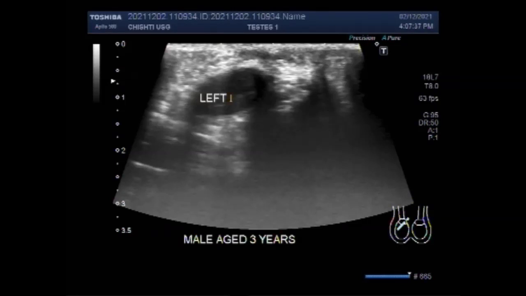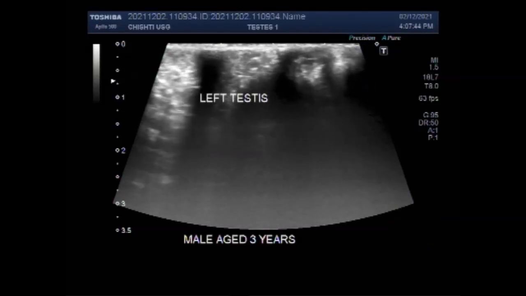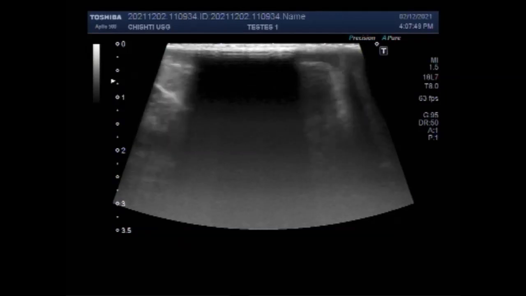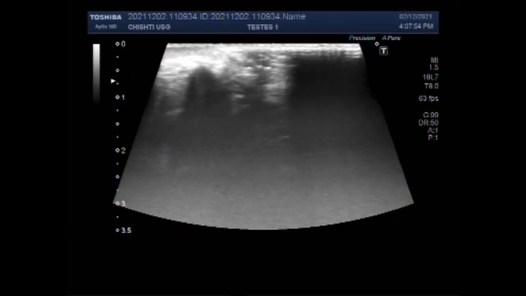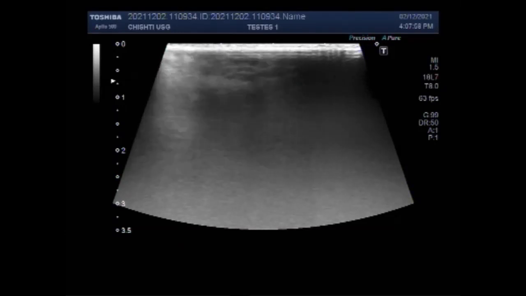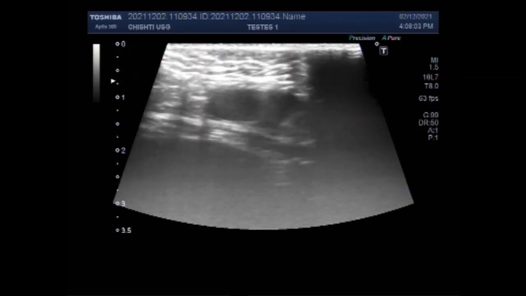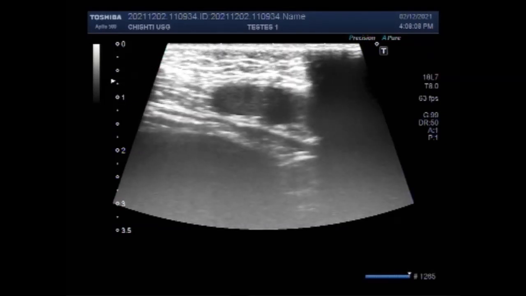The most common type of hernia are inguinal, inner groin, as you are seeing in this video. Then there is incisional, resulting from an incision, femoral, that is outer groin, umbilical, belly button, and hiatal, upper stomach. You can see a small amount of fluid along the testes, that is hydrocele.